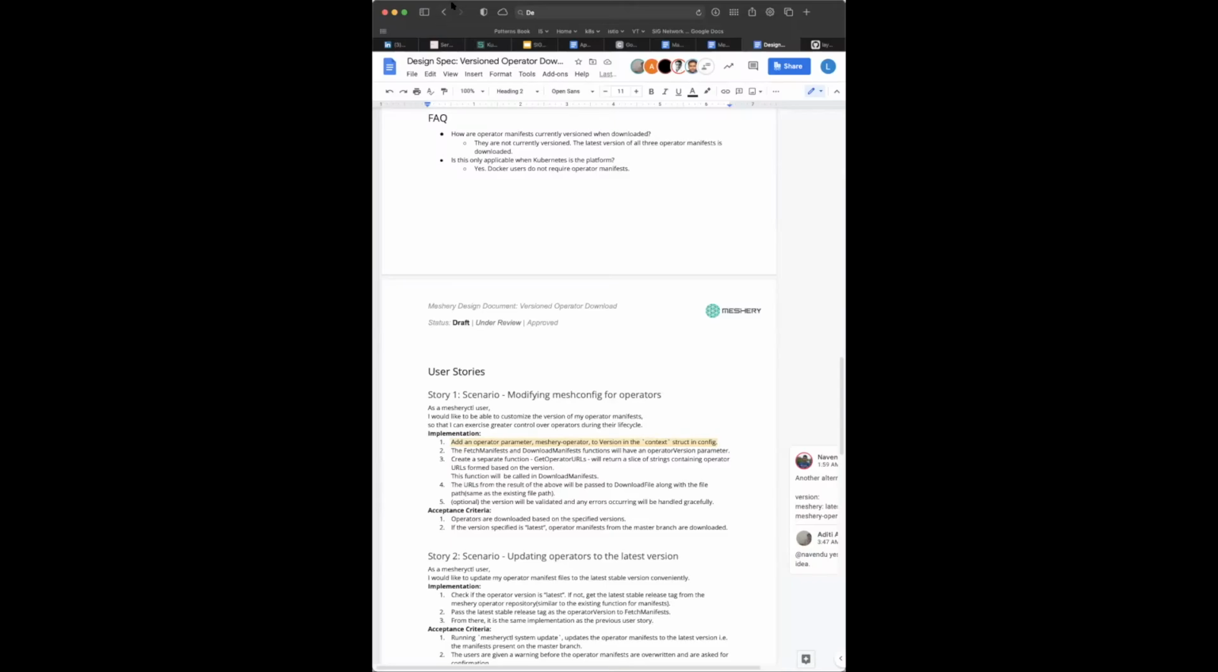I do have another concern. Basically, I had two, but Lee had covered one. So I have one more concern: how are we going to limit certain versions of the operator to certain versions of Meshery? For example, let's say we have